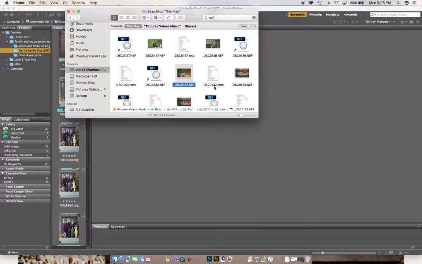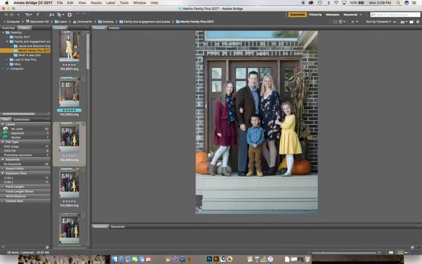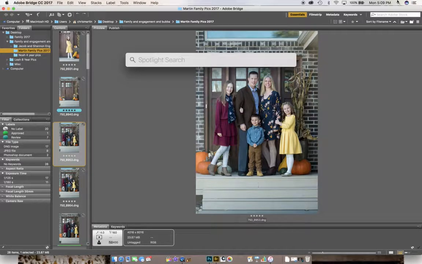Now, accompanied with this file is an XMP file. If I'm working with a Nikon RAW file, and if this is Canon, this would be a CR2 file, and you see this XMP file, it was edited in either Lightroom or Adobe Camera Raw, and all of this accompanying data needs to stay with this file. These two are like buddies right here. And with these two being buddies, if they get separated, then all the edits that I've made to this picture are lost. So just remember that you've got NEF, and then we're going to use that program that we called Adobe